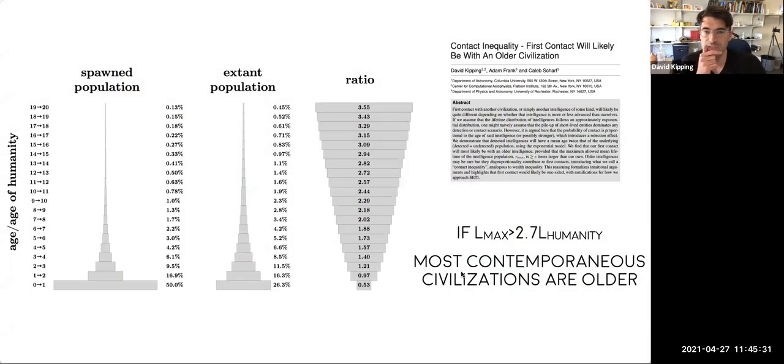So we did this in this paper, and the title may be a bit over-sensationalized, I think, in hindsight. I kind of regret it, but we called it contact inequality. And the idea was that there's probably more, even if you have an intrinsic population, like shown on the left here, where half of the civilizations live for just as long as we did or less, and then there's a tail of very long-lived civilizations. Because of that temporal bias, you greatly squeeze down this distribution, and you end up with quite a lot of the long-lived civilizations left. In fact, the ratio boosting factor is like 3.5 in this example.